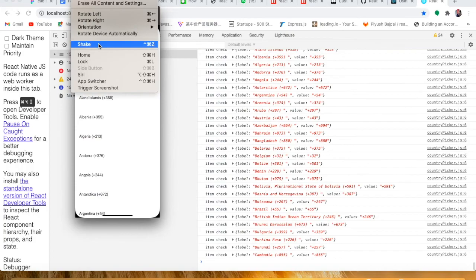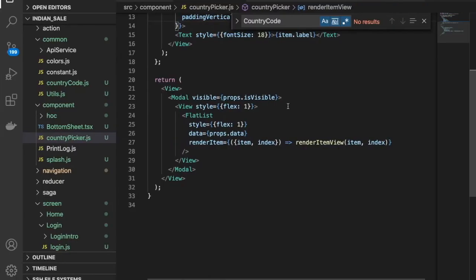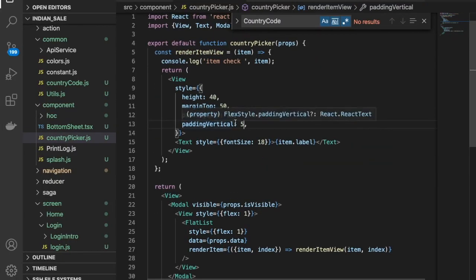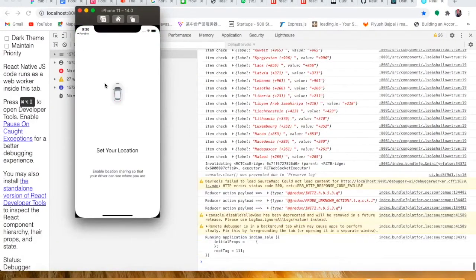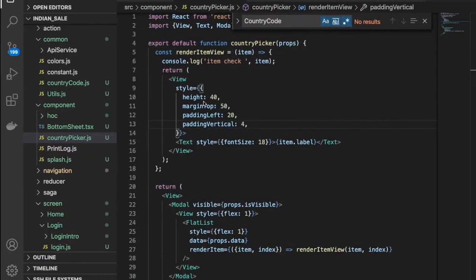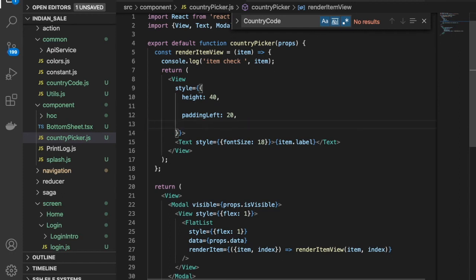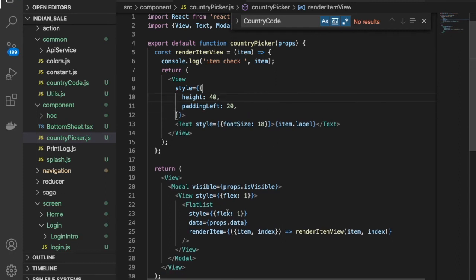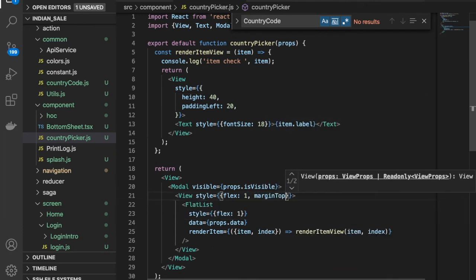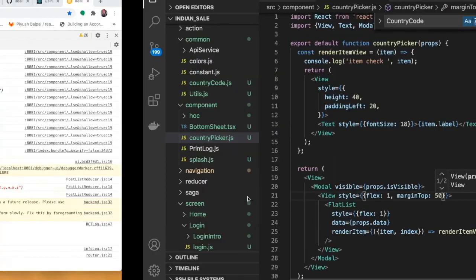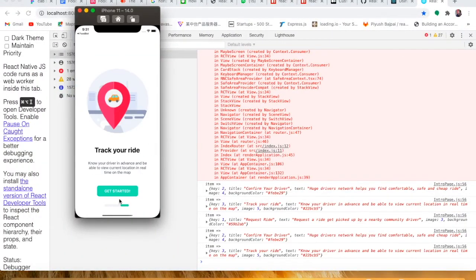Refresh the app like this, and let's make it 5 and 4, some good, I'm good. Okay, so we are providing the margin top, right? For each view we are providing the margin top 50. No, not for this, this is completely wrong. We have to provide something different here. So let me make it from here. So margin top, let's say 50. Completely fine now.